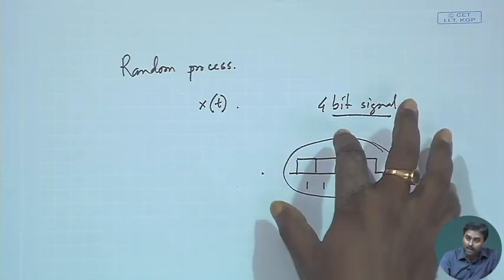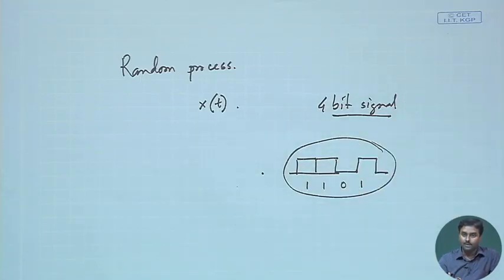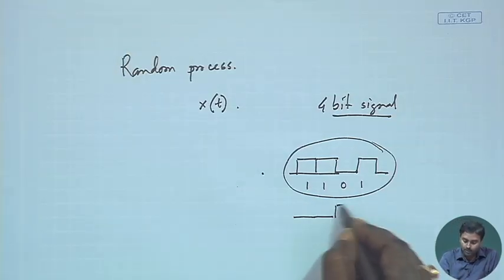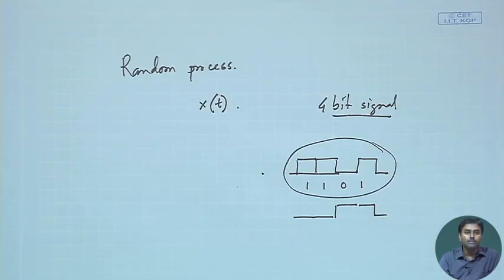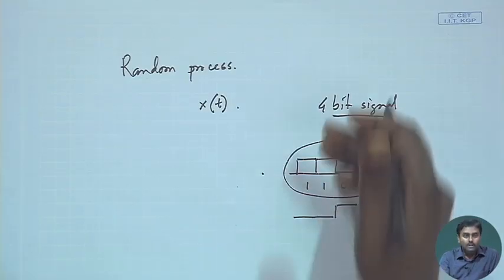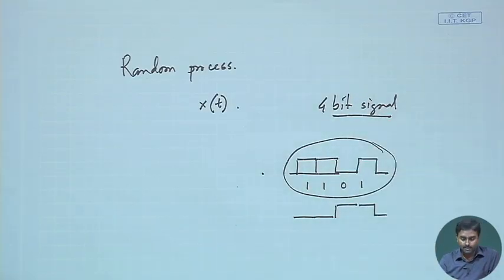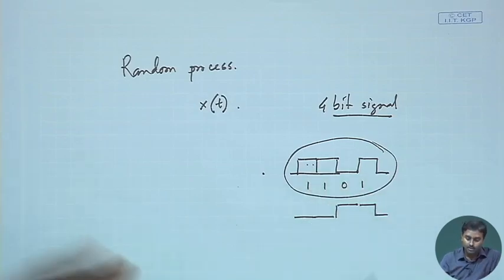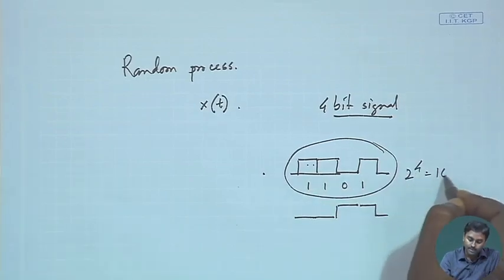This is the sample function that I have received, but I could have equally likely received another sample function also, like it might be 0, 0 followed by 1 and then followed by 1. It could have been this sample function, or there might be multiple such possibilities. How many of them will be there? Because each bit has 2 options, it is 2 to the power 4. So, there will be 16 options,